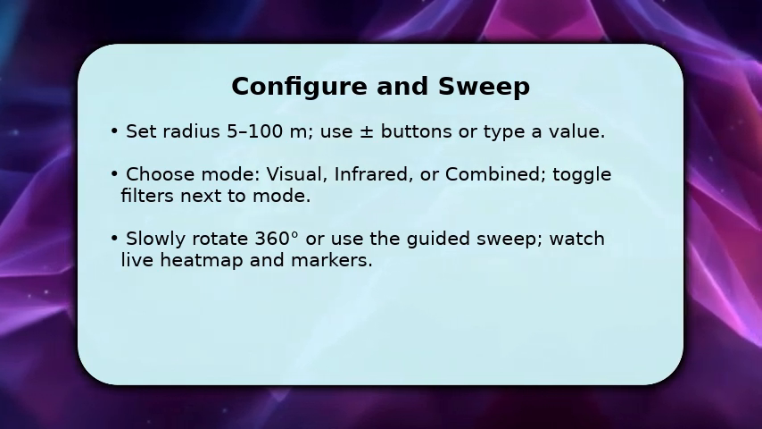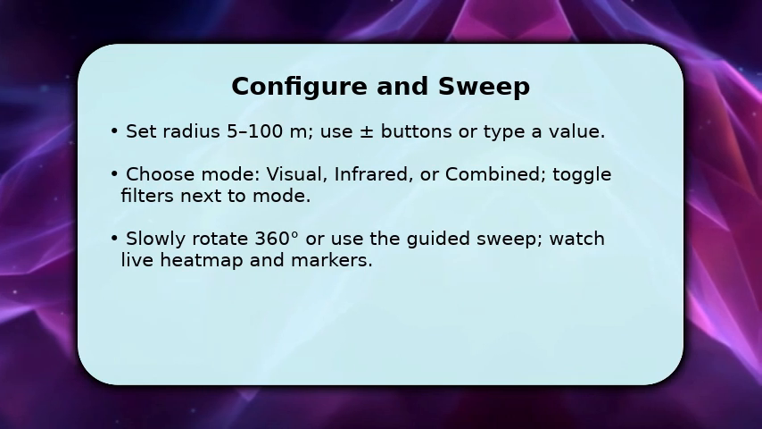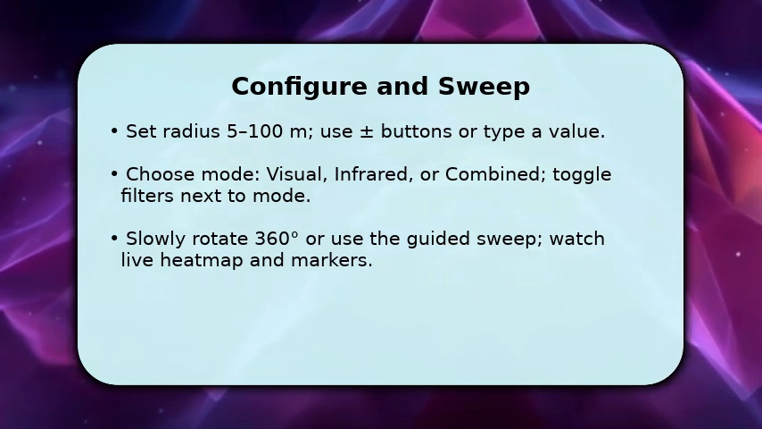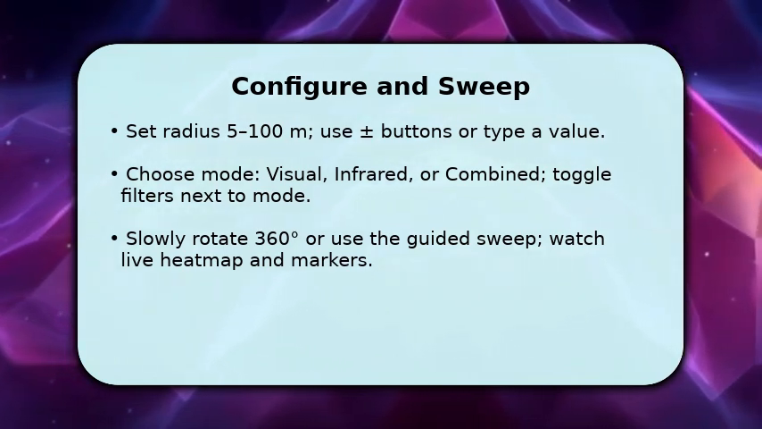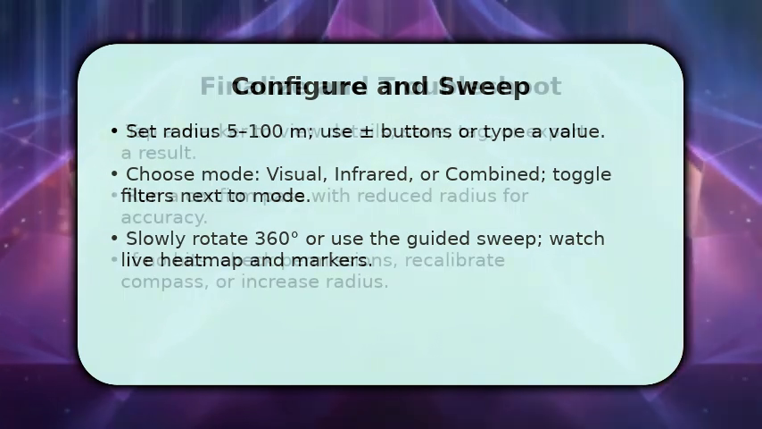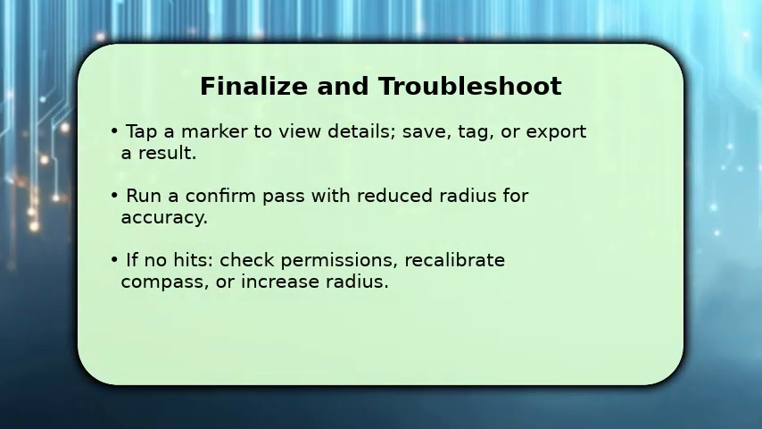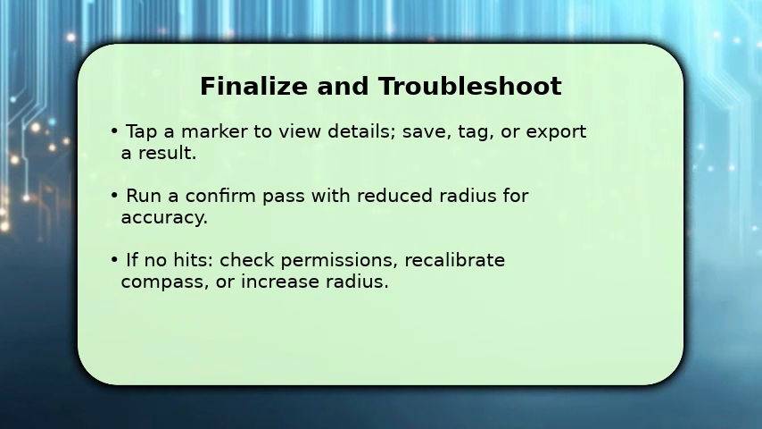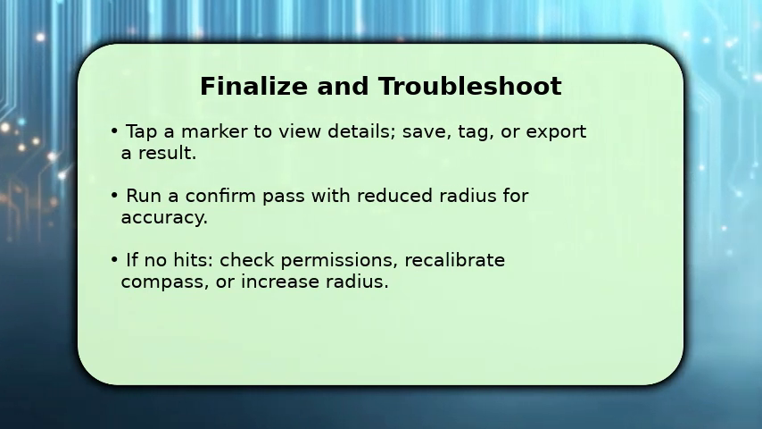Now perform the sweep. Rotate slowly in a full circle or follow the on-screen guided sweep path. As you move, watch the live heat map and markers that update in real time to show candidate hits. To finish, tap any marker to inspect its data, distance, confidence, and a snapshot, and then save or tag the